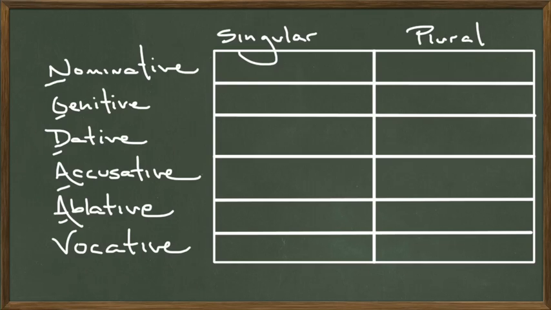The nominative case is used for the subject. Genitive case is used to show possession. Actually, genitive has multiple uses, but the main one is to show possession, typically accompanied by the word of. The dative, in general, is used for the indirect object, accompanied by the preposition to. The accusative is, in general, the direct object. It can also be object of a preposition. And then the ablative is the one that we use with all kinds of prepositions. And for anything that we couldn't use the nominative, genitive, dative, and accusative for, the ablative is the catch-all